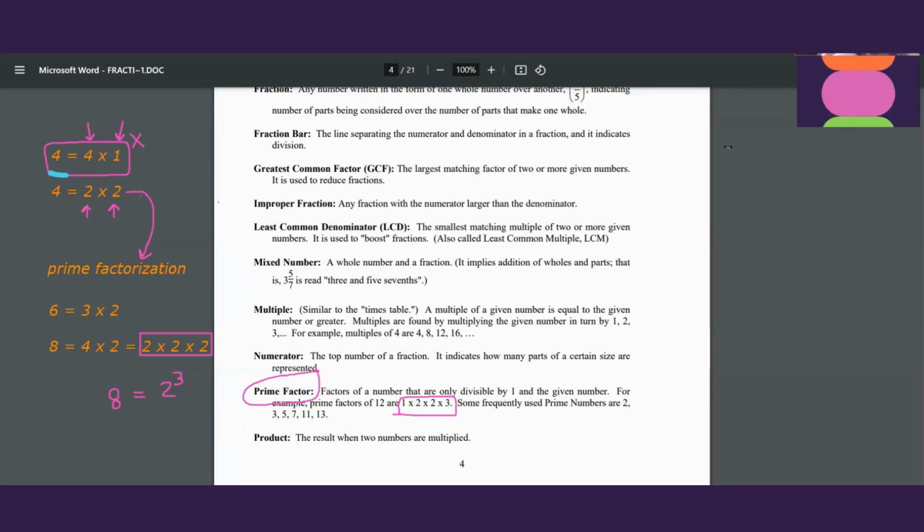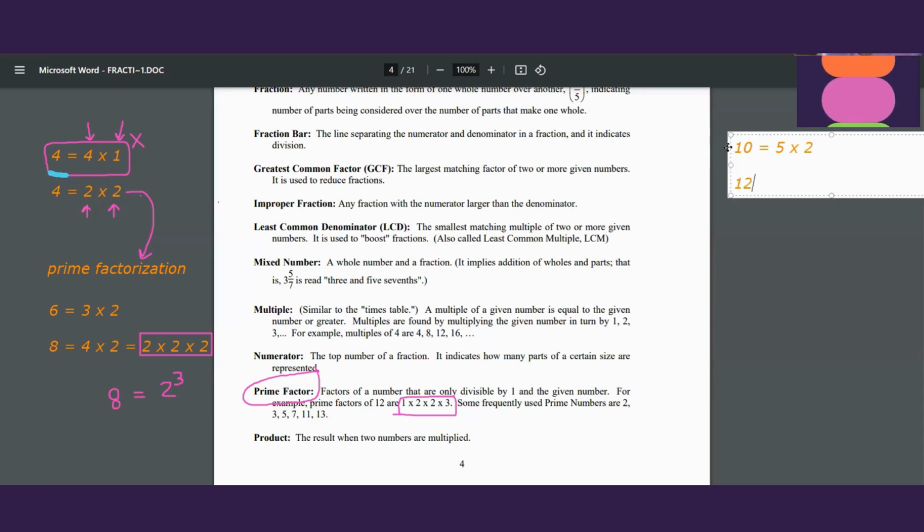Another example, tell me the prime factorization of 10. 5 times 5? 5 times 5 is 25. 5 times 2. Yeah,